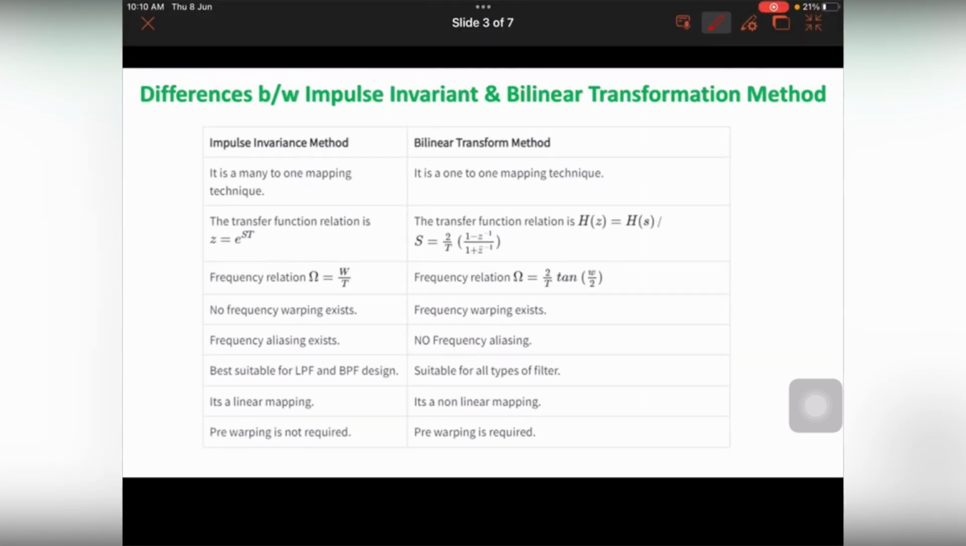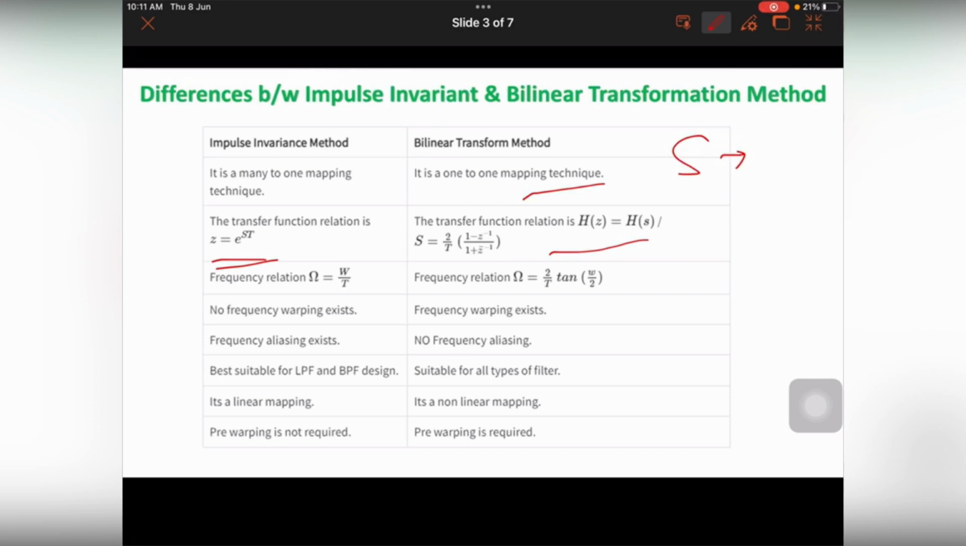Let us see here. In the impulse invariant method, the mapping is many to one. Whereas in the bilinear transformation method, the mapping is one to one. And how are we converting the analog pole to a digital pole? The relation is Z is equal to e to the power of sT. This is what we use in the case of impulse invariant transformation, whereas in bilinear transformation, S is given by 2 by T into (1 minus Z inverse) by (1 plus Z inverse),